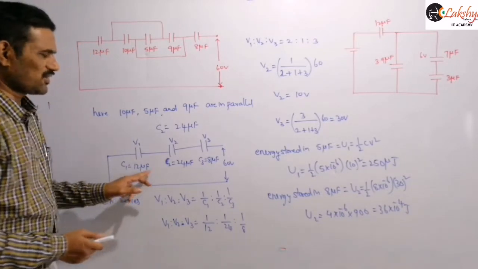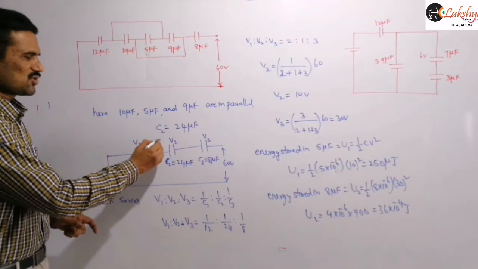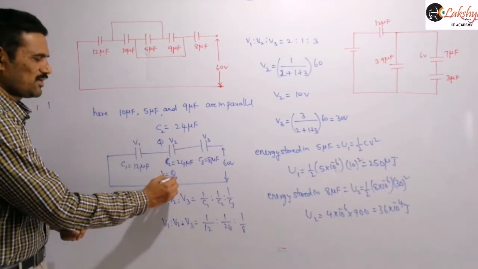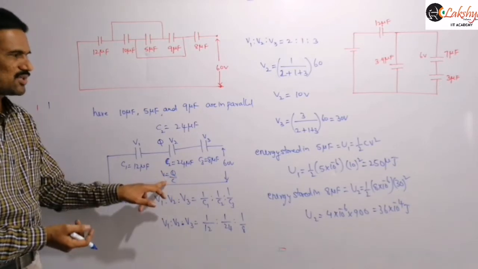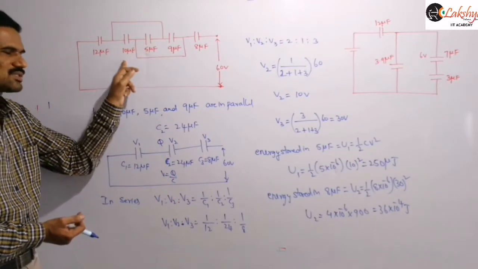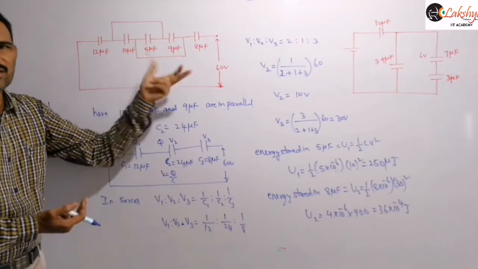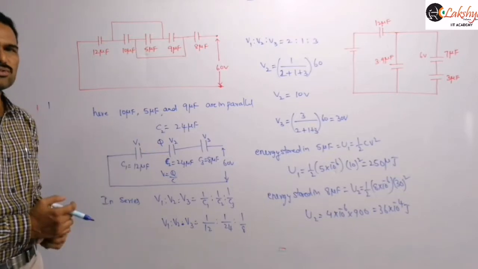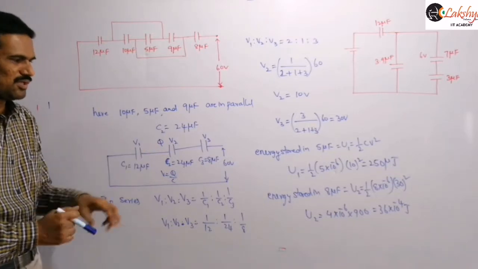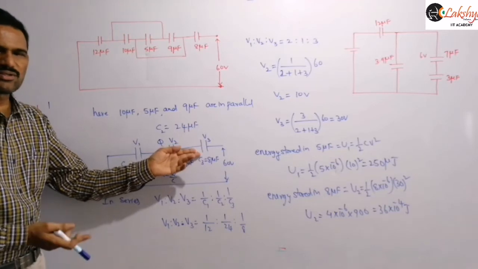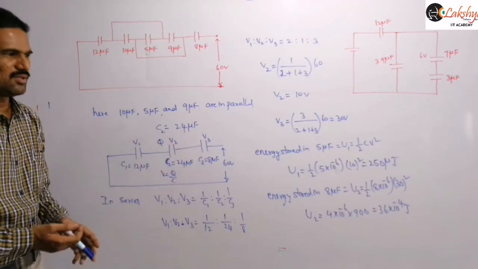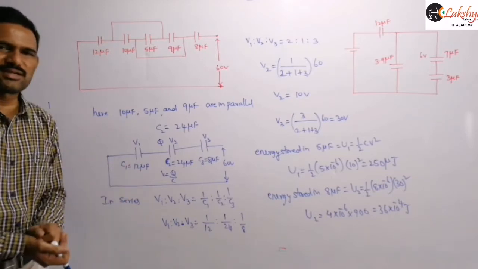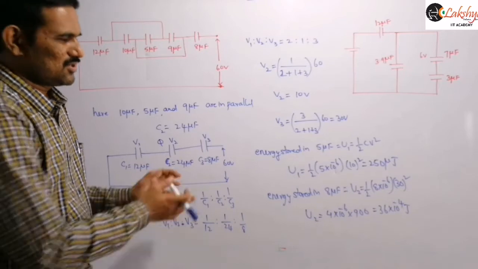Suppose you are simplifying across this, so here you will get some charge. Then the potential difference across this combination we can write simply as Q by C. Then you will get the potential difference across the 10, or 5, or 9 you can consider. So you get the potential difference across 5 and then you can apply the half C V square formula, and for this, as you know the Q value, you can apply the Q square by 2C formula. So that is your choice: either you can calculate the potential difference like this, or you may calculate the charge there, right? So that is this problem.